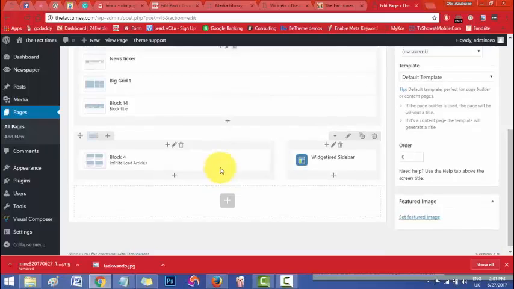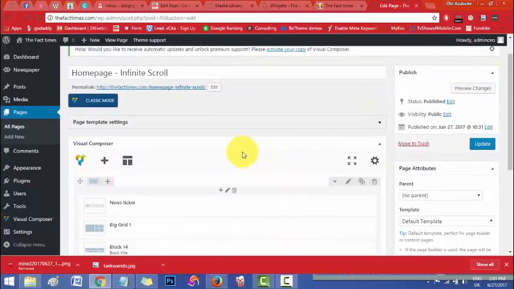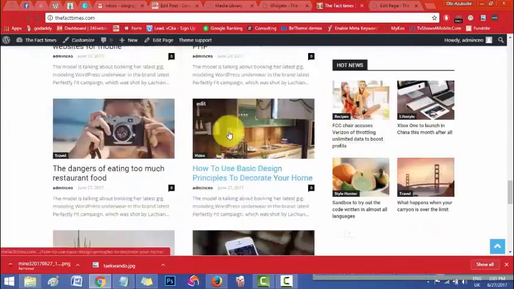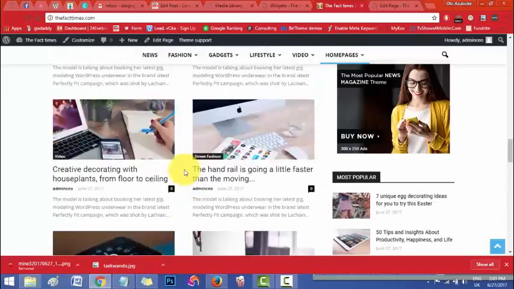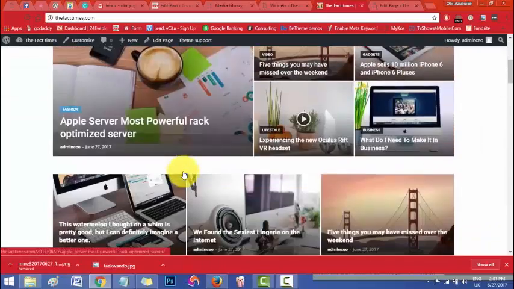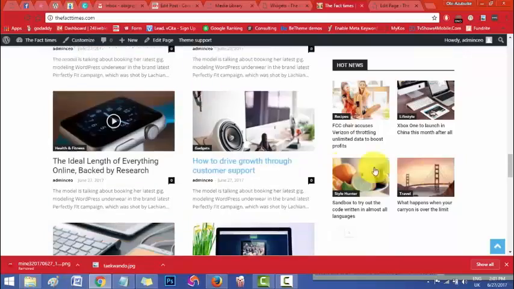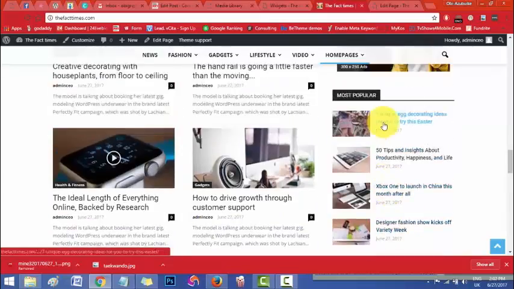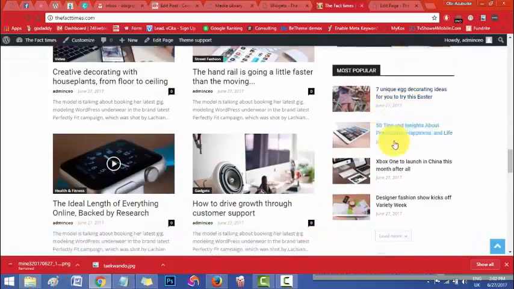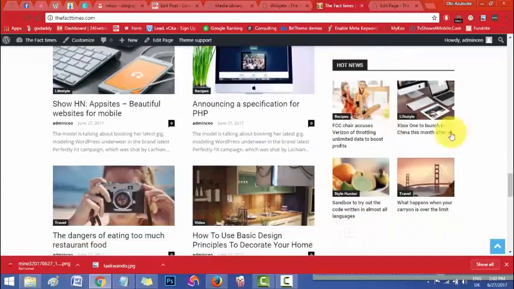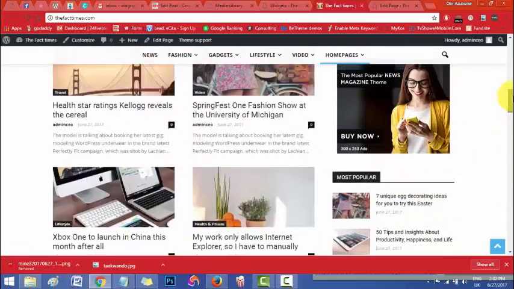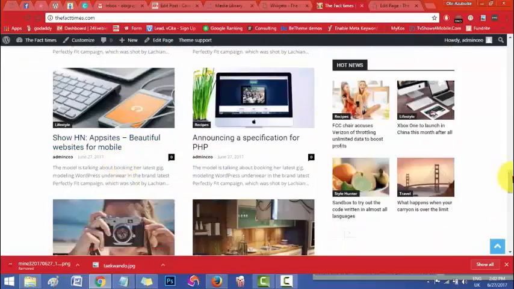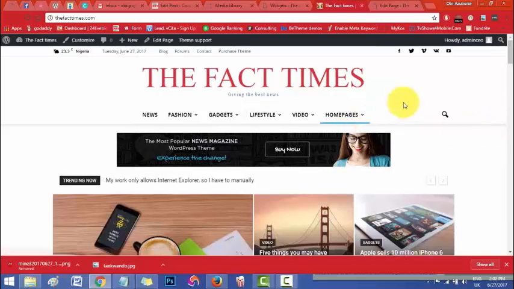So we've been able to check our home page, and as it stands, it's looking rather compact, with just one sidebar with about 3 items: the ad, most popular, hot news, and then the infinite scroll is working for us, showing us different articles. So I want us to check out the other home page